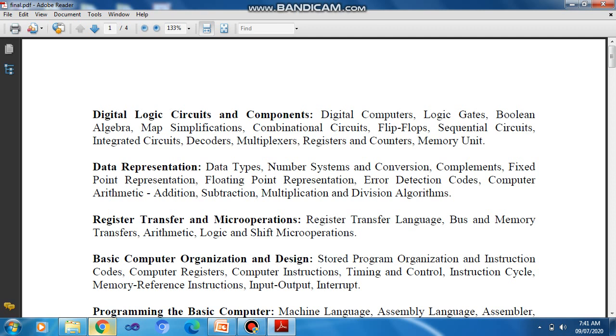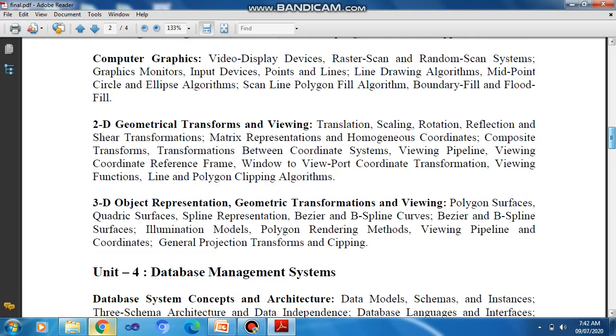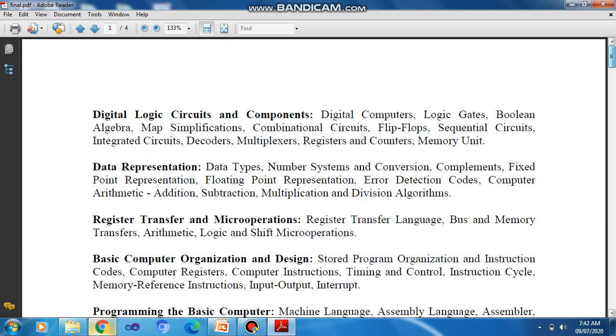So you can see it consists of pages 1 to 4. In this way you can split your PDF files. You can see there are 4 pages done. You can see 1, 2, 3. In this way you can see.